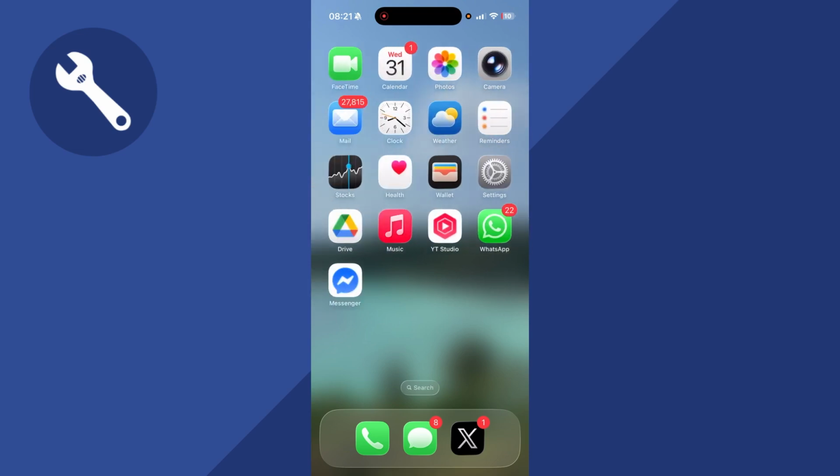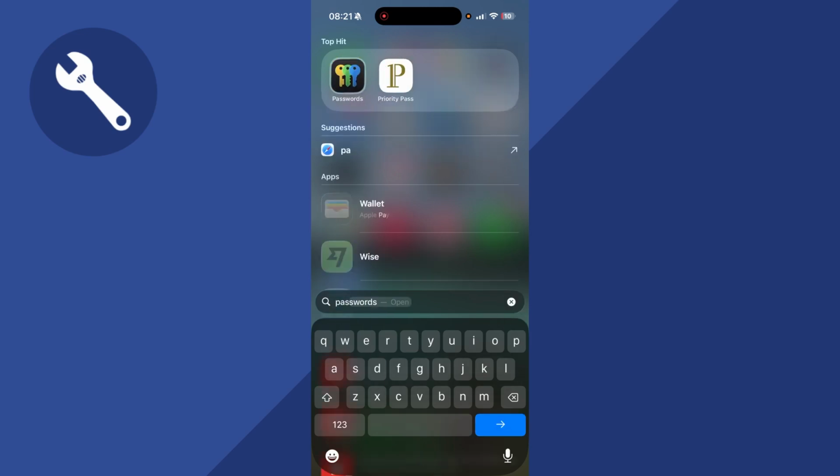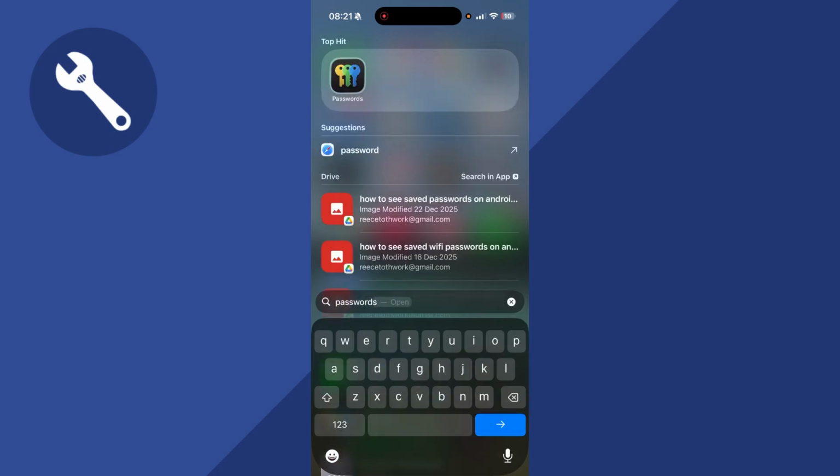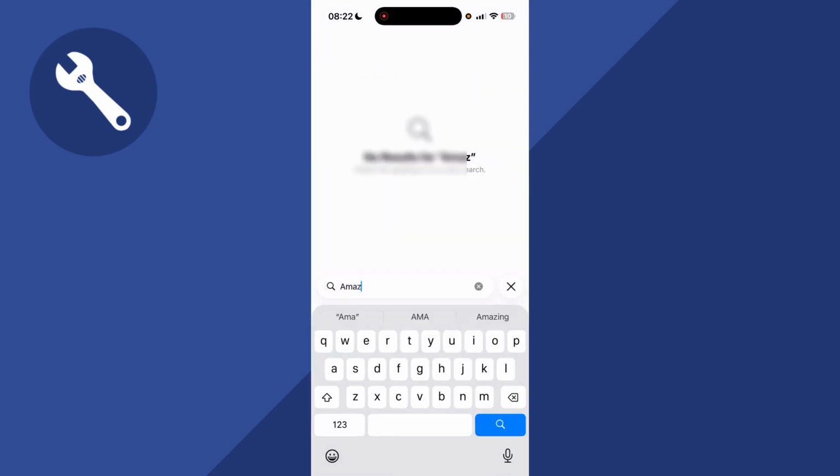The first method is by heading over to your iPhone home screen. You can then scroll down to the search box and then just go and search for the app called Passwords and click on the Passwords app. Now once you're on this page, click on the search box and then you simply need to go and search